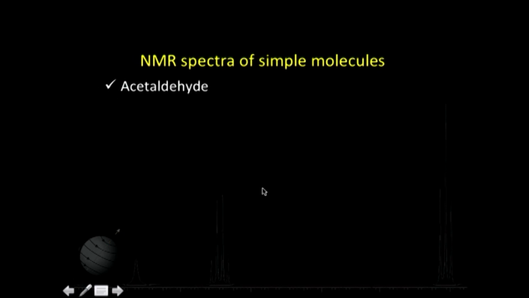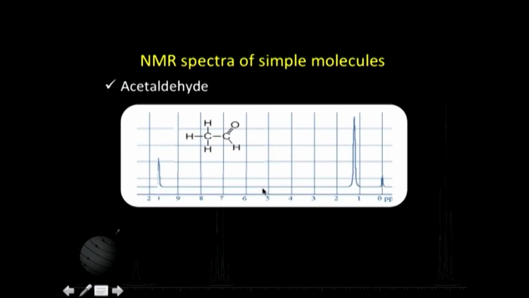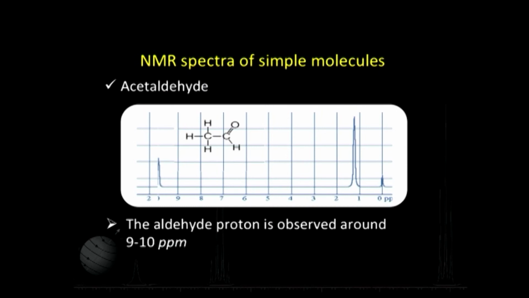Let us go further and look at another molecule, acetaldehyde. In this case, again I am getting 2 signals, one for this methyl group around 1.2 ppm, and then this signal around 9.8 ppm. This is typical: between 9 to 10 ppm is the position where an aldehyde group proton will come. This single proton will come somewhere around 9.2, 9.4, 9.6, between 9 to 10 ppm. That is a typical position where an aldehydic proton is observed. So that again is something to take away from this spectrum: aldehydic protons are observed around